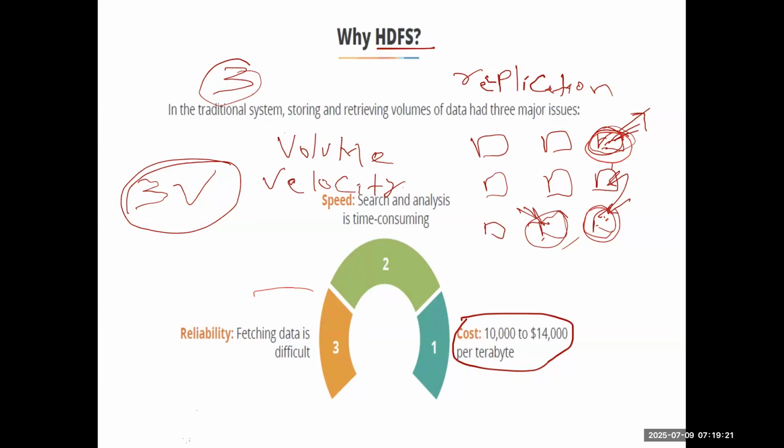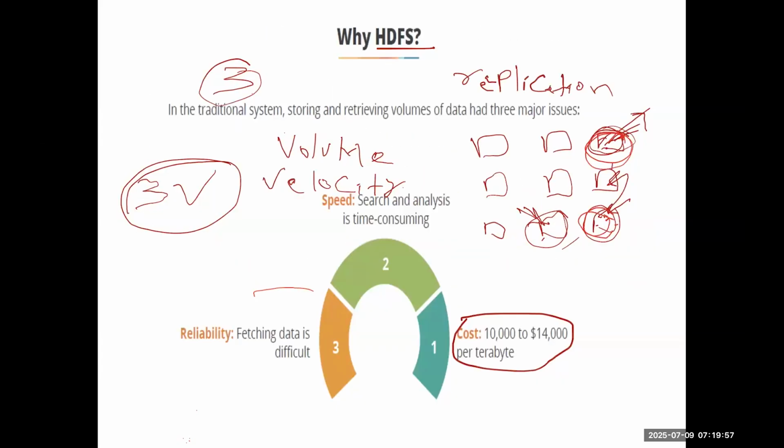Let's suppose in a normal cluster, what happens if any fault comes? If you are running on only one server and anything happens to this server, then you will get a fault. It's just down. You have to fix the server and then start the job again. But in HDFS, why are we calling it fault tolerant? Because if something happens to this, Hadoop will automatically start the job on another server. In this way we call it fault tolerant.